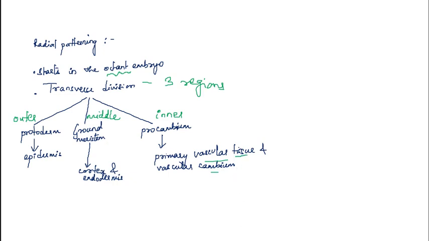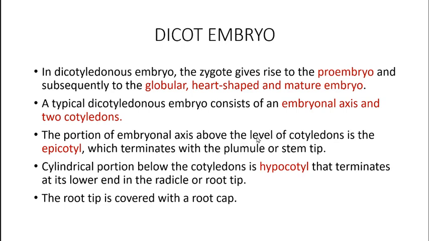We see that in the dicot embryo, two cotyledons are formed, which we know from the very beginning, from our childhood, that dicots have two cotyledons. This will give rise to an embryo with bilateral symmetry. The embryo will have bilateral symmetry in the dicot. So we are doing symmetry also, which is a topic in our syllabus. The dicot embryo will show bilateral symmetry, and then develop a heart-shaped appearance.